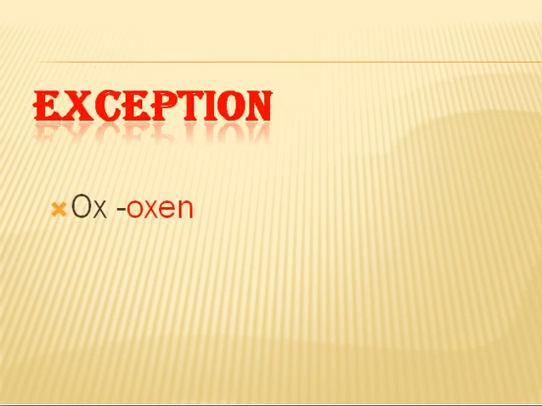But there are also some exceptions. For example, ox. You all know what is ox? Yes. If we add es to ox, it does not make any sense. But if we want to convert ox into the plural form, we have to use en. Means the plural form of ox is oxen. So there are certain exceptions also which we have to keep in our mind, and one exception is given as an example, that is ox. The plural form of ox is oxen, not oxes.